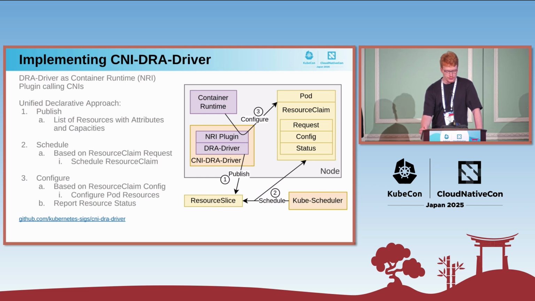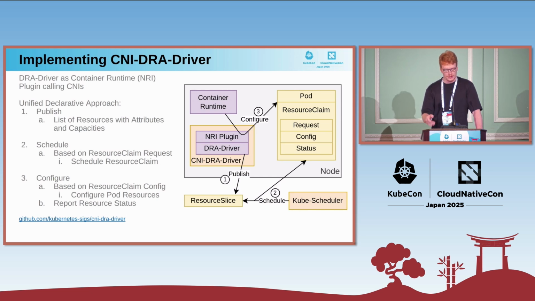So this driver would provide a unified and declarative approach. Unified because we would avoid the split between the device plugin and the network configuration part. The device plugin could be, for example, the SR-IOV device plugin, and the configuration part could be a CNI that will utilize Multus to create this secondary network interface. And it will be declarative because it will be fully integrated with Kubernetes. So we would no longer use any annotation or CNI configuration in JSON format in a CRD. It will be fully integrated with Kubernetes.